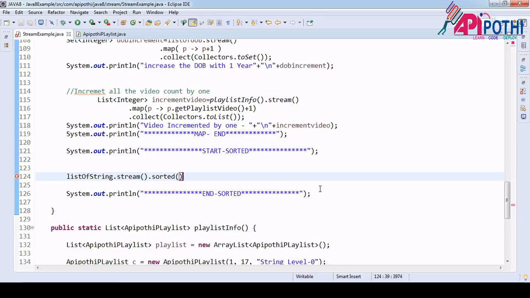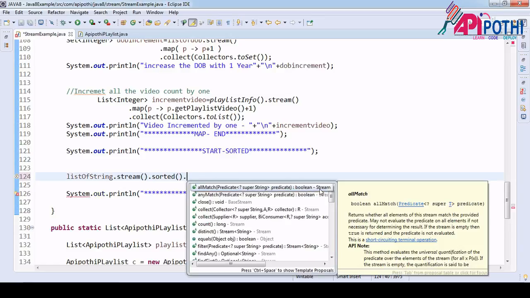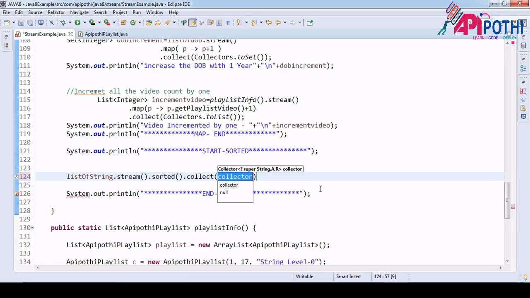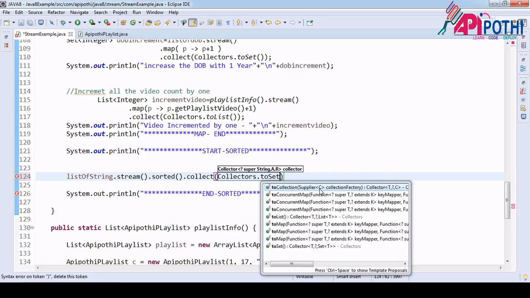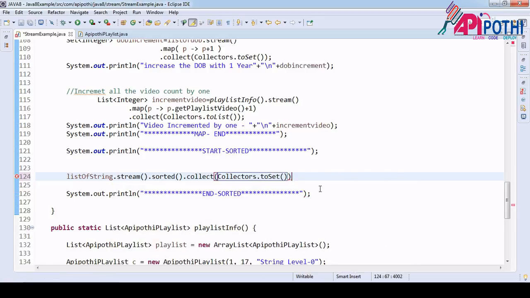So sorted. Now since we have sorted the element, after sorting we want to do the collect. Collect means where you want to collect, so Collectors.toSet. That's all.